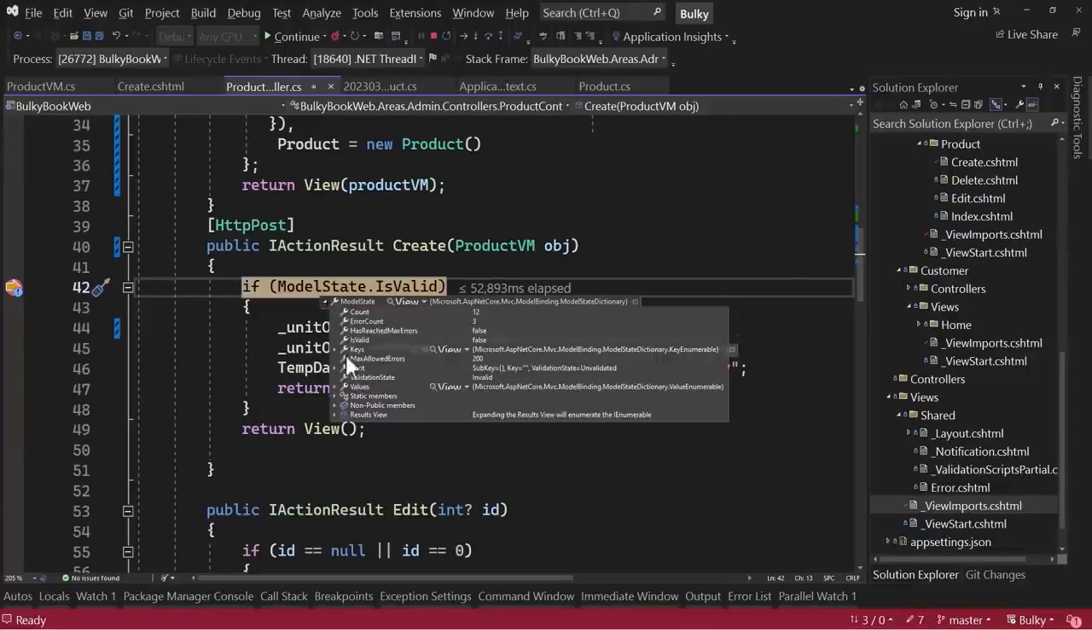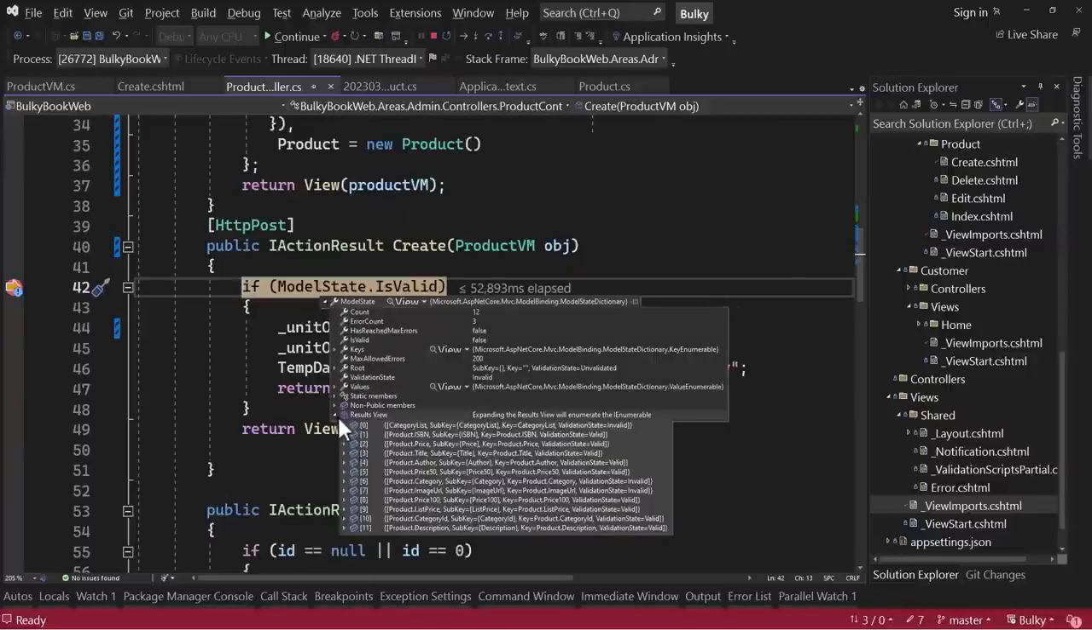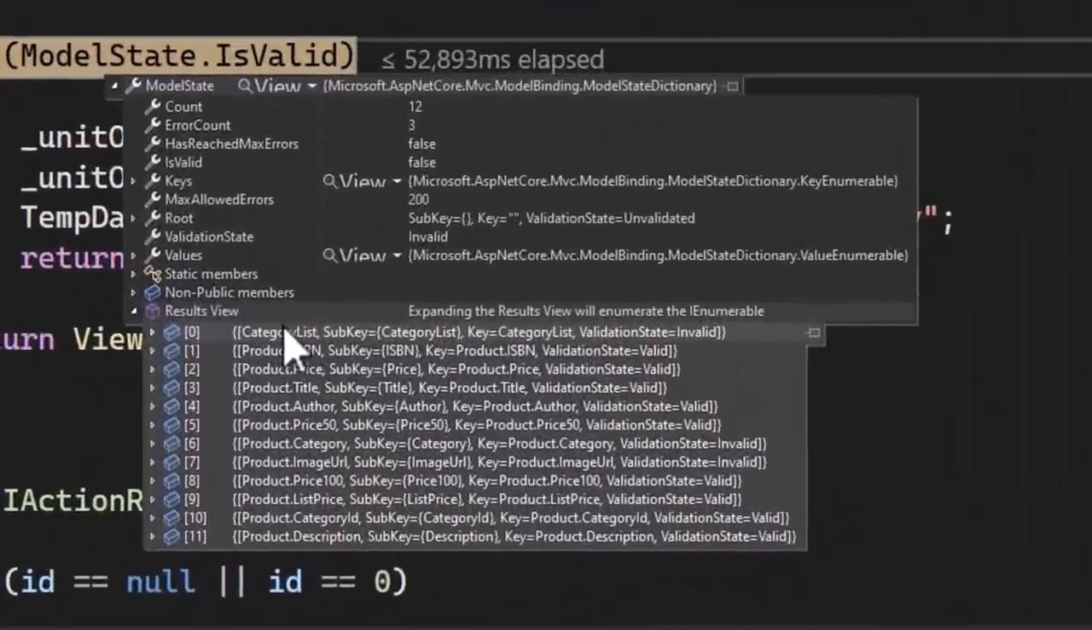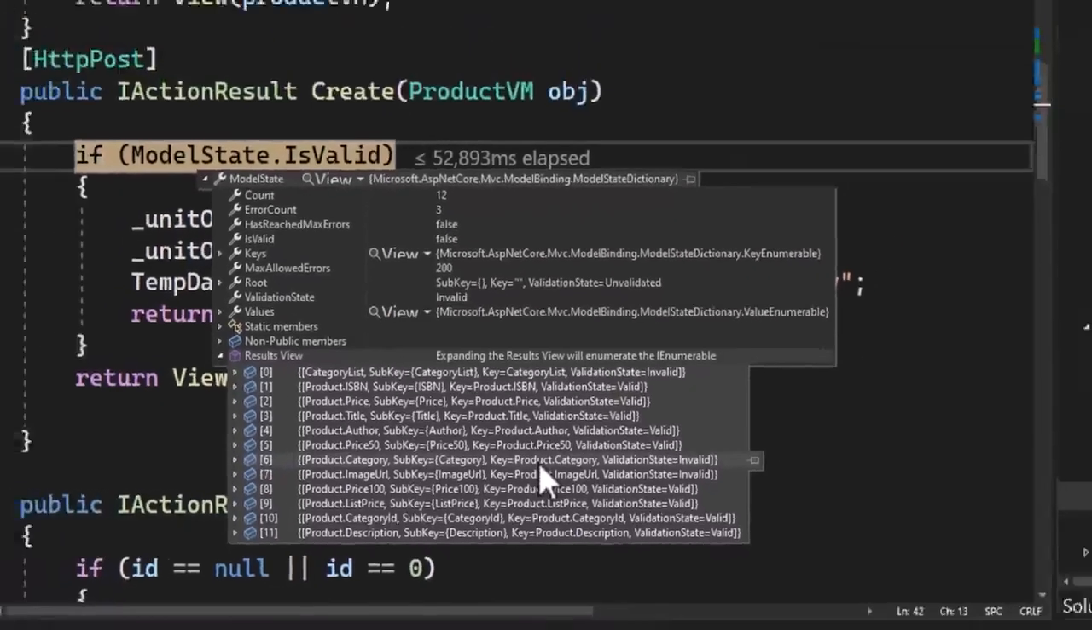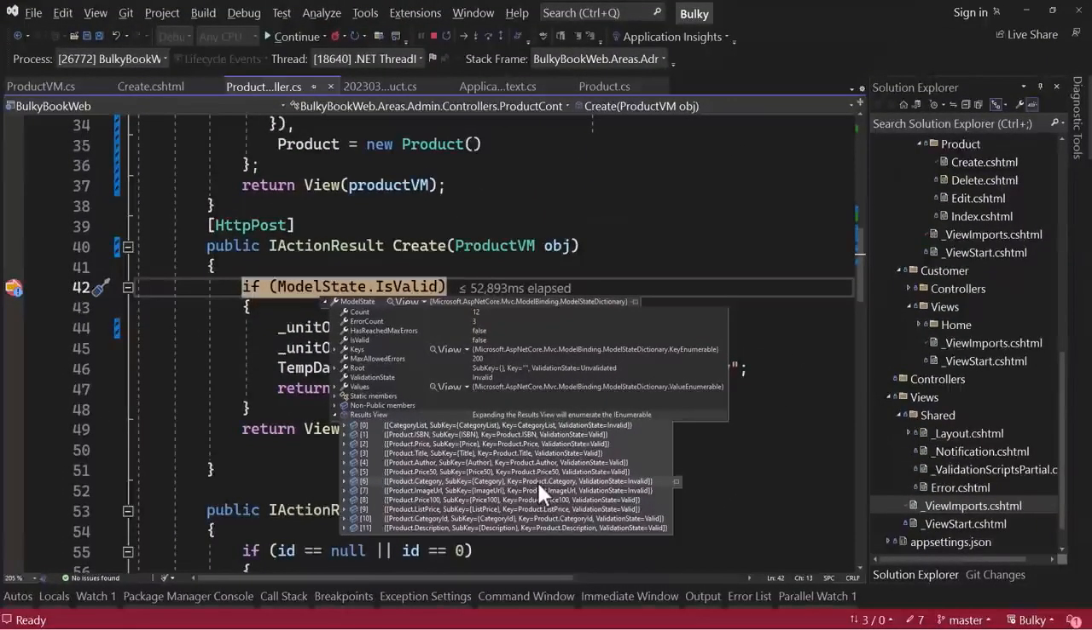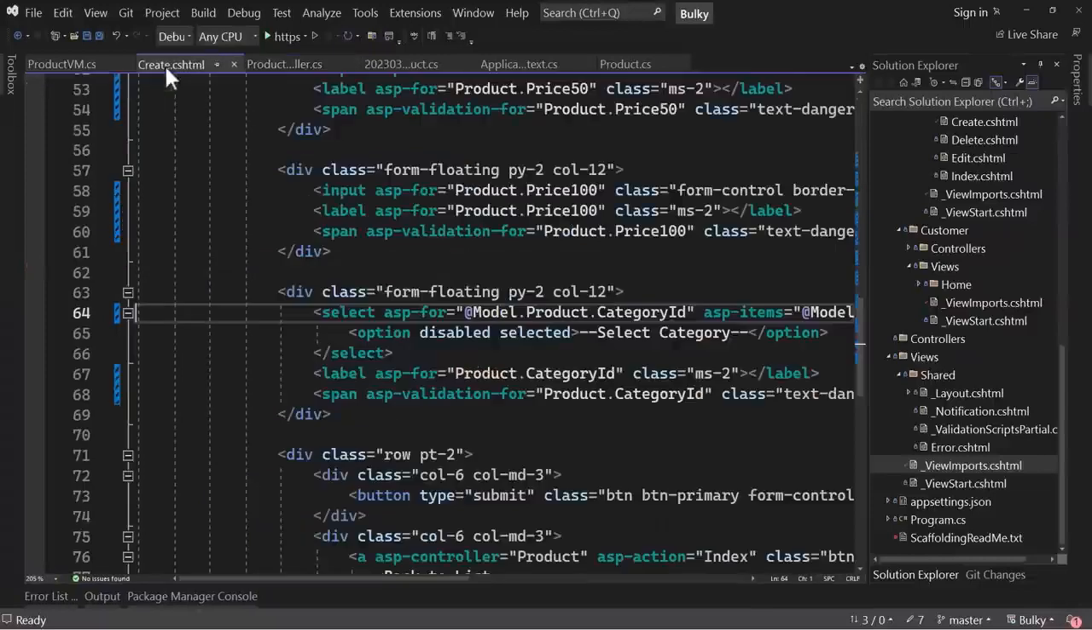Now what property is false here? We can examine that in the result view. And the category list is invalid, the image URL is invalid, and the product.category is invalid. Now why is it validating all of those properties? We do not want the validations on them. So basically we need to tell that, hey, when you are validating our model, I do not want validations on these three entities. One way to fix the image URL right now is, let me go back to the create